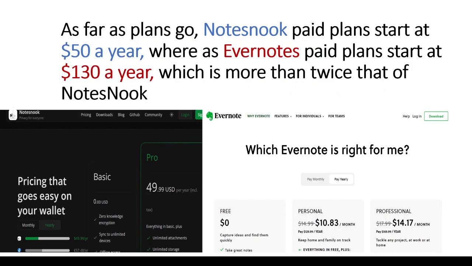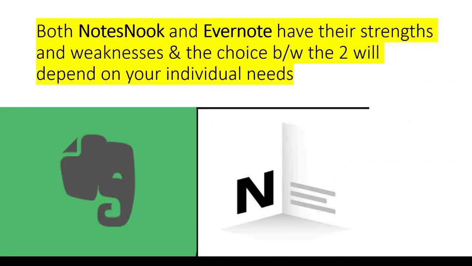at your notes. As far as plans go, Notesnook paid plans start at $50 a year, whereas Evernote's paid plans start at $130 a year, which is more than twice that of Notesnook. Both Notesnook and Evernote have their strengths and weaknesses, and the choice between the two will depend on your individual